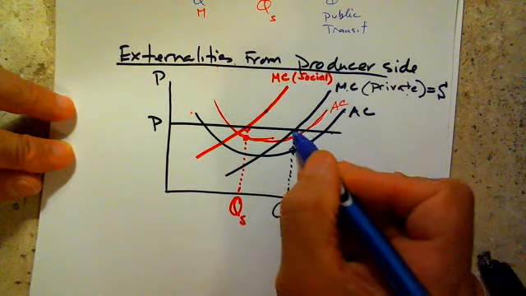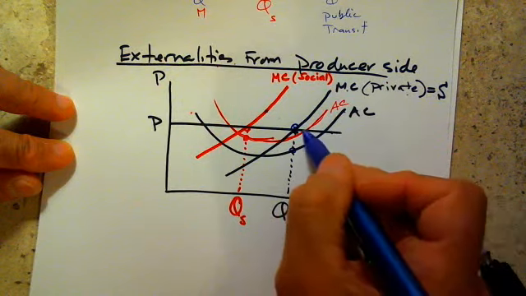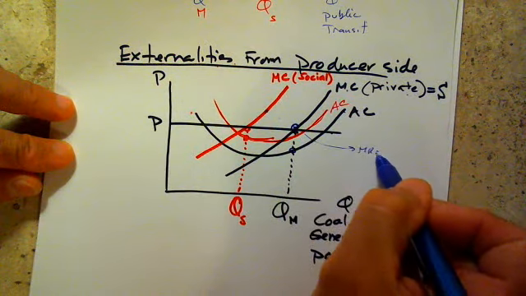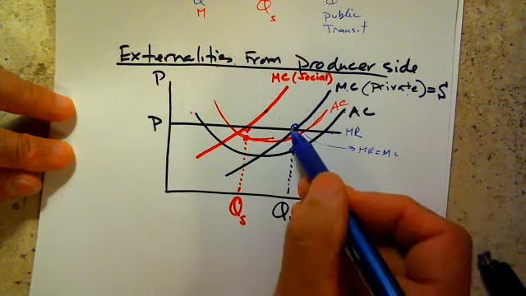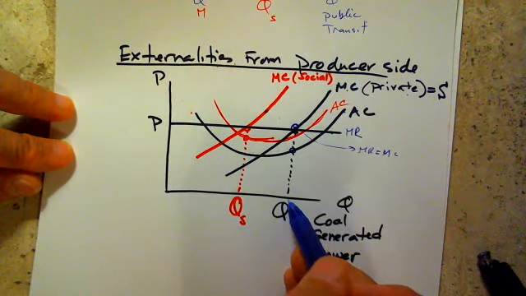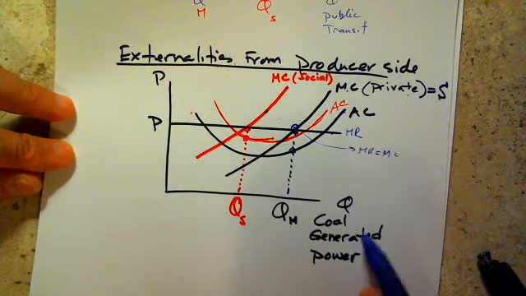Now at this point, marginal revenue is equal to marginal cost. Here, by the way, is a marginal revenue curve, and that's the level of output they produce if they were only to consider their own immediate private expenses to generate the output of electricity from coal generated power plants.